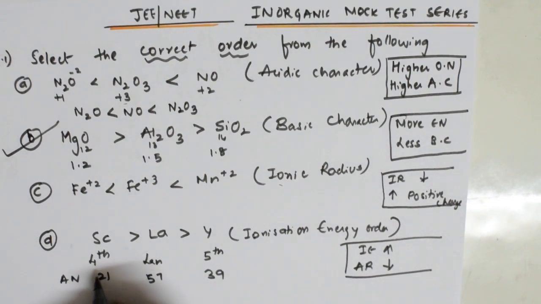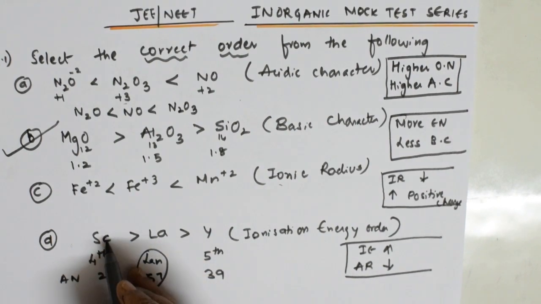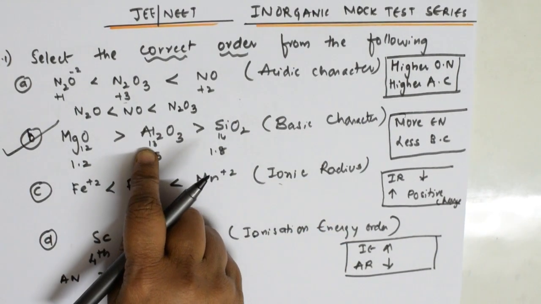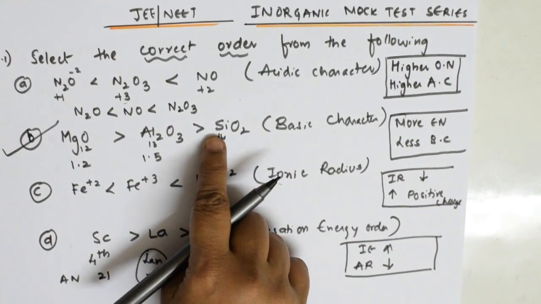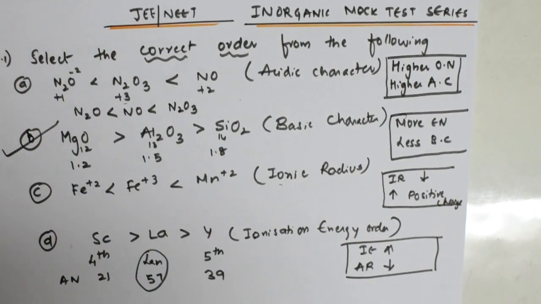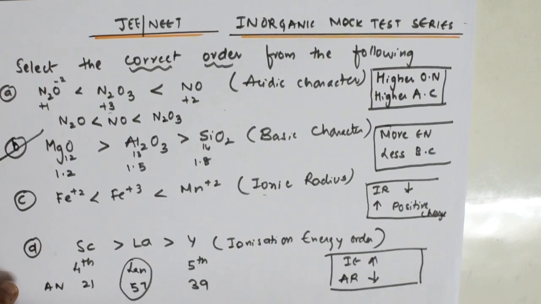Now what are we doing? Is it in the correct order? No, isn't it? The order only is wrong. Scandium is in the 4th period, this is in the 5th period, this is in the lanthanide series. So this order also is wrong. So according to the analysis, the second option, that is, the more electronegative the atom, the more basic its nature. So this is how we have proved it. I think you have understood, students. Let us come and do the next question which we have. Let us solve the next important question.